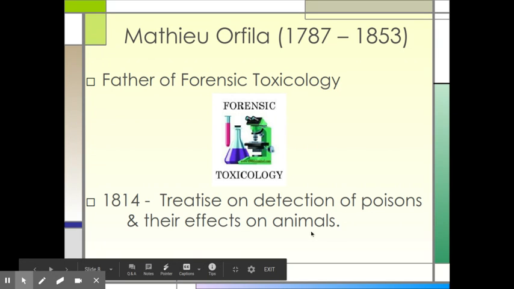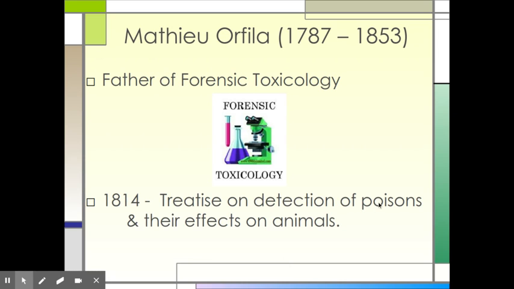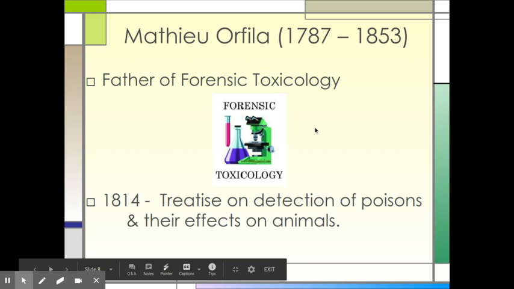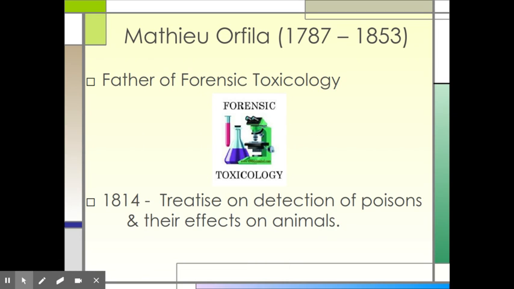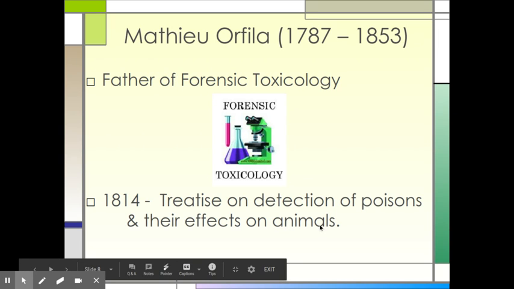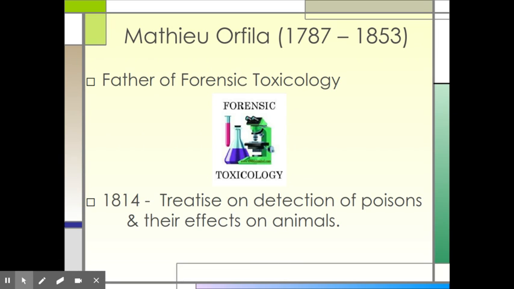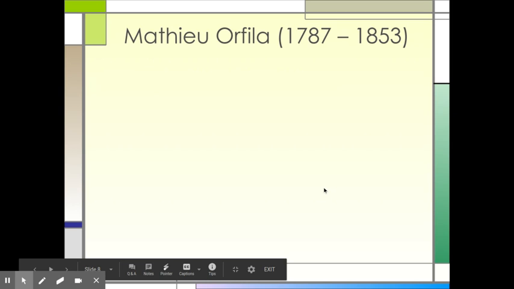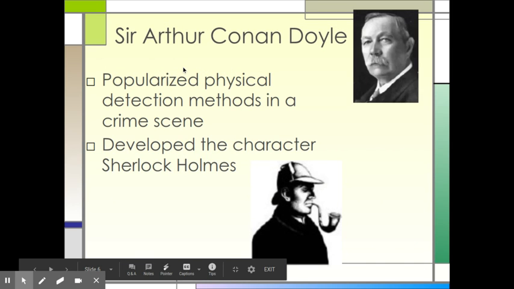We know that they have effects on animals. Do they have an effect on people? And if so, can we use that idea of detecting certain types of poisons in people, in animals, to maybe solve a crime? So he's really just looking at how to detect certain types of poisons and their effect on animals. He kind of starts this whole revolution of forensic science, but it really doesn't get started until